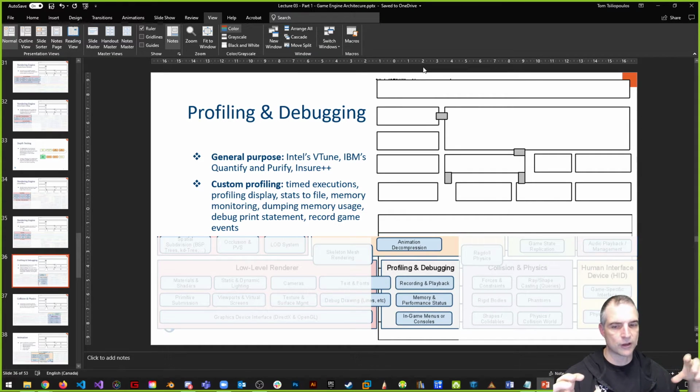But memory profiling and performance profiling and debugging is definitely part of the workflow when we make our game engine, right? Because we want to be able to have statistics pop up that show, guess what? We're running at 60 frames per second, but we really want to run at 120 frames per second. What's slowing us down? Where is the memory being allocated? As an example, is there a memory leak? What's causing the memory leak? And we can go down that rabbit hole iteration after iteration to improve our game engine so it has better performance, there is no memory leak, and it has a smaller chance of crashing our system,